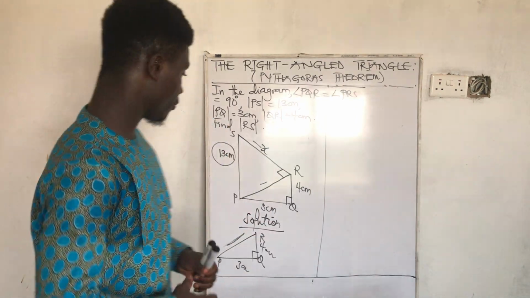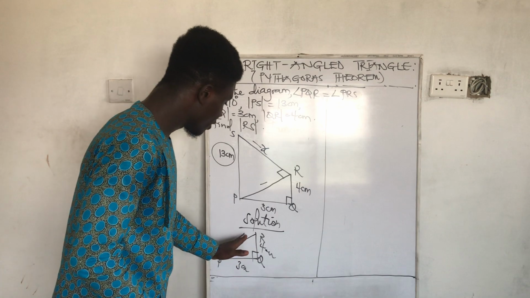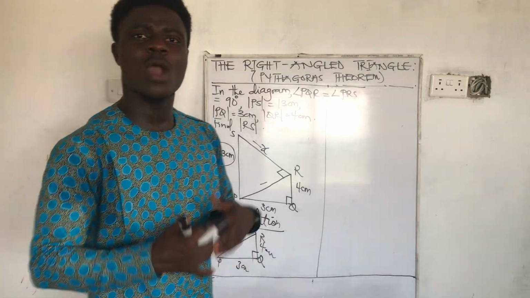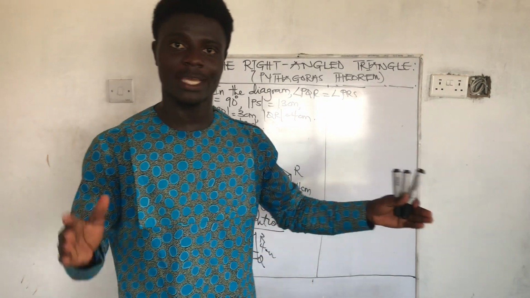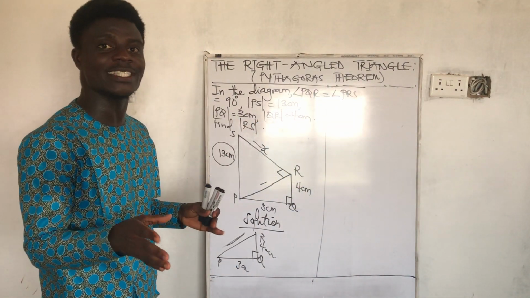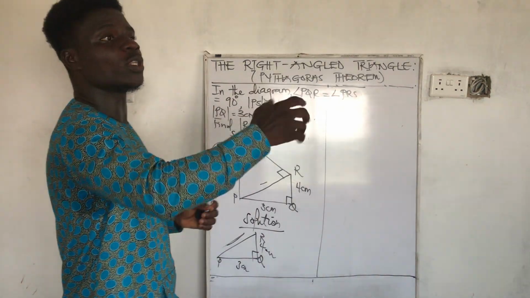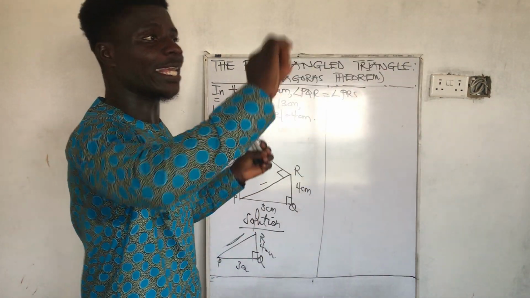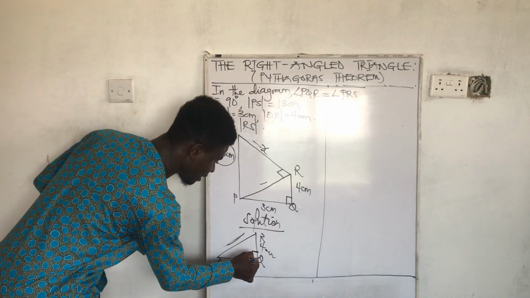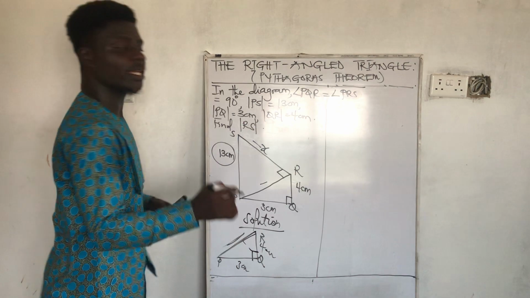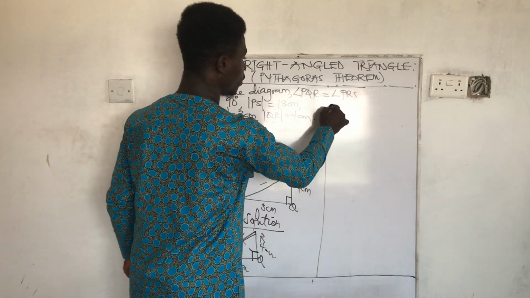So considering triangle PQR, we have to find this length by using Pythagoras theorem. If you want to use Pythagoras theorem, you have to first note where my hypotenuse is. I believe I told you that the hypotenuse is the longest side, or where the 90 degrees faces. Where the 90 degrees is opposite to the side, that means you can get your longest side or your hypotenuse. So where this 90 degrees faces is the hypotenuse. So it means that the length of PR